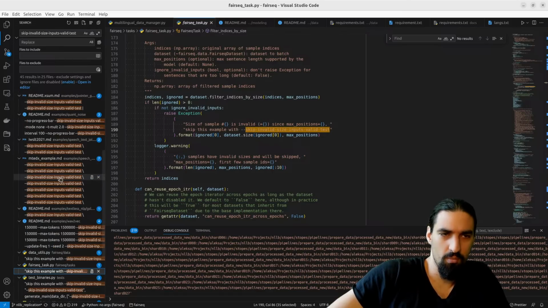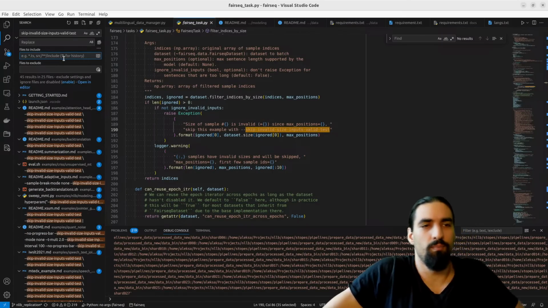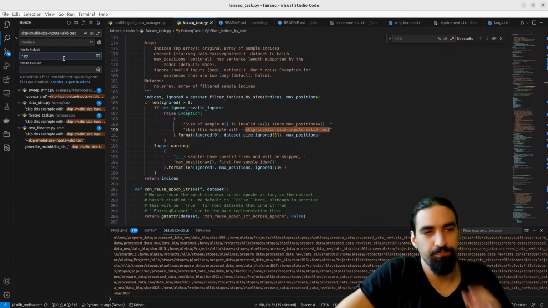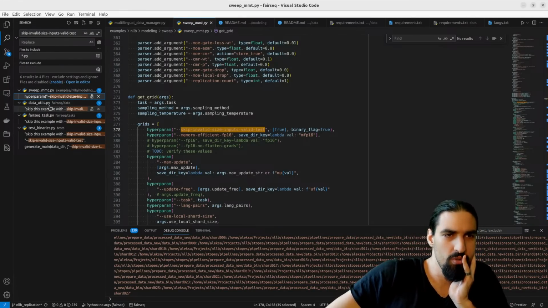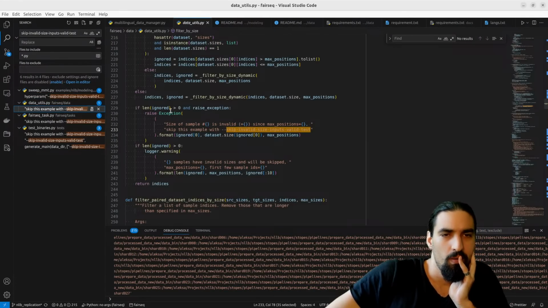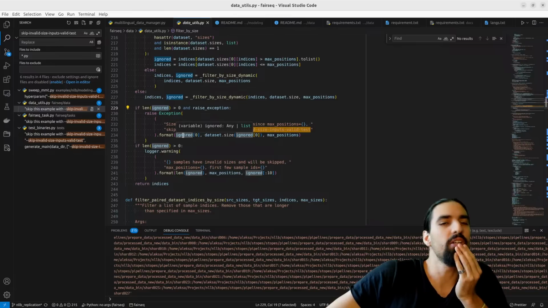Okay, some skipping. Let's only include Py files. So this is where it's used. Ignored. If ignored is bigger than 1,